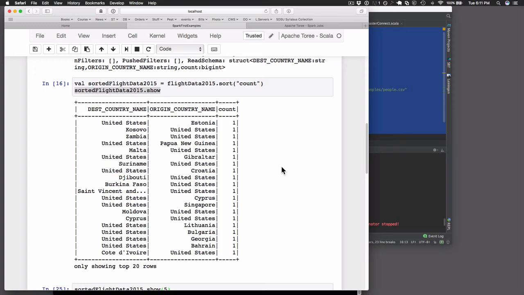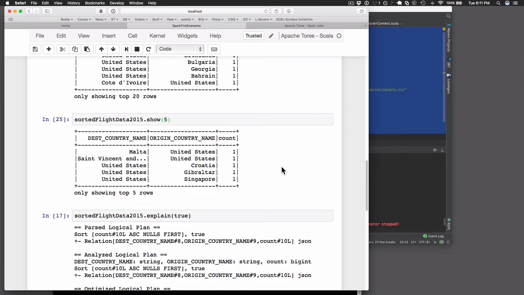And so the format, and we'll see in a minute, there's a destination country, origin country, and then how many regular scheduled flights come and go from those countries. And if you want to see more, we can provide